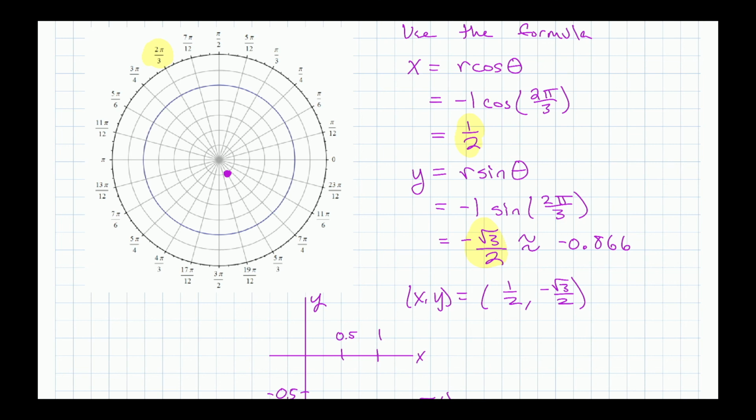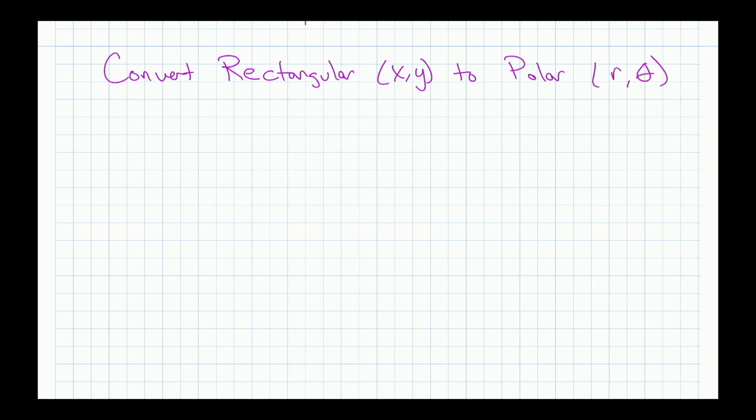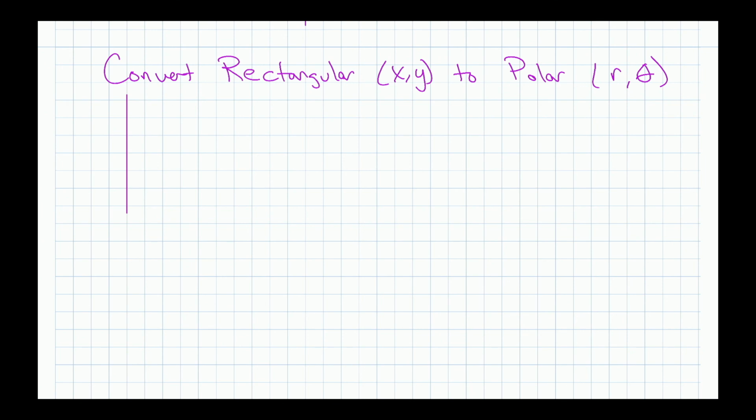We have to go back from rectangular xy to polar r theta. A little bit harder. Okay. And so the picture, again, that is our guide here, is that same picture that we had before,